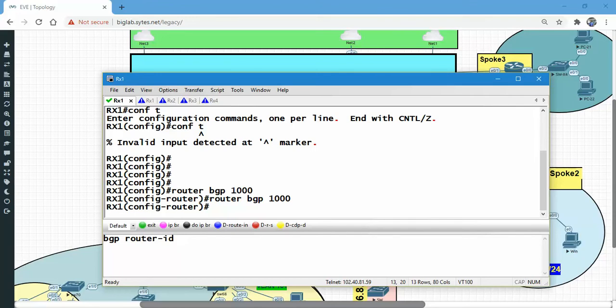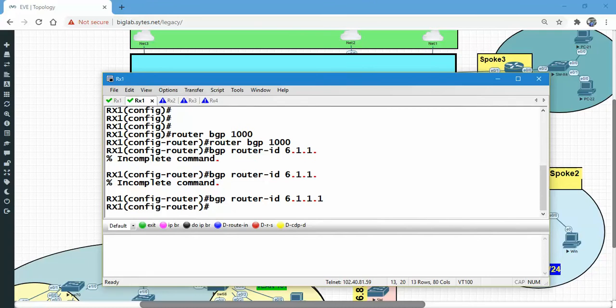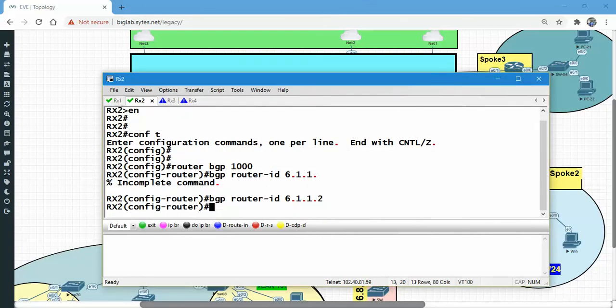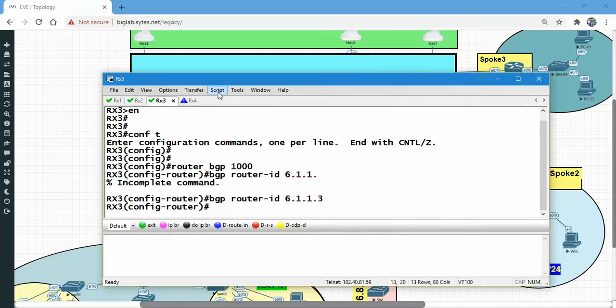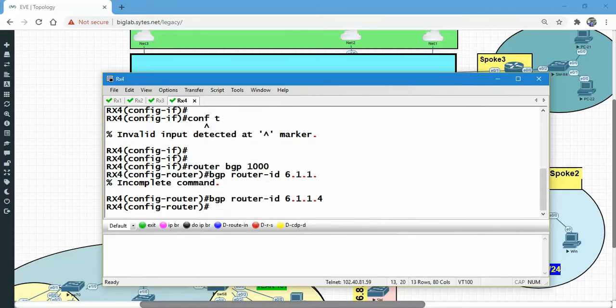هنخلي الراوتر ID يبتدي ب10 1 هنخليه 6.1.1 2 3 4. RX1